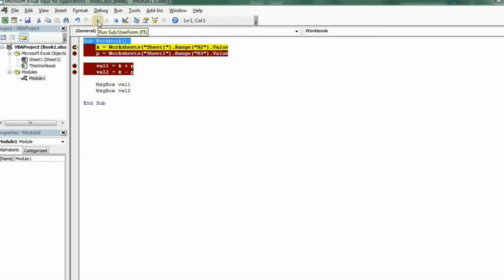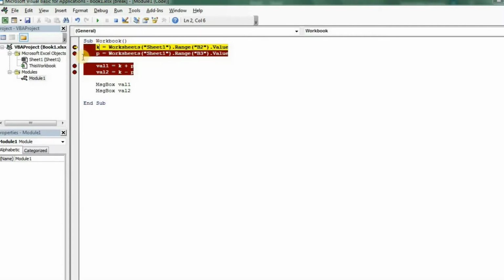If you want to know a value, you can directly hover over that particular variable. If I hover over the worksheet, it won't show anything.